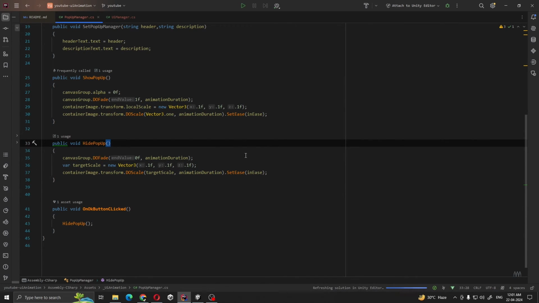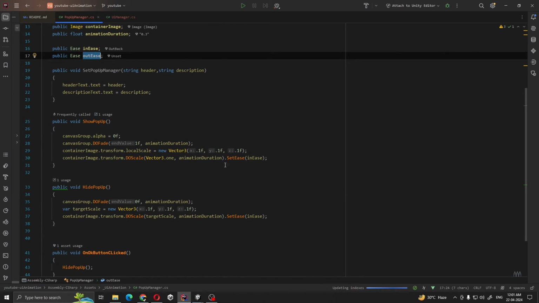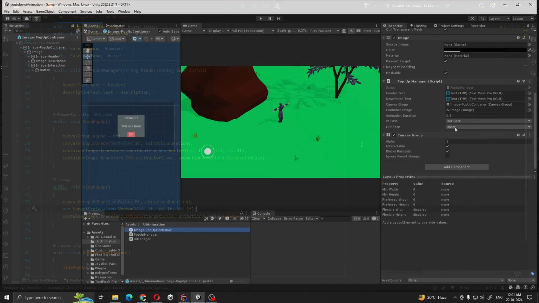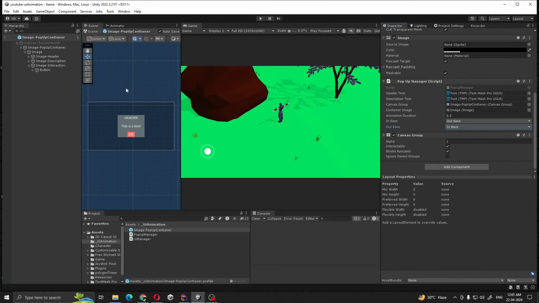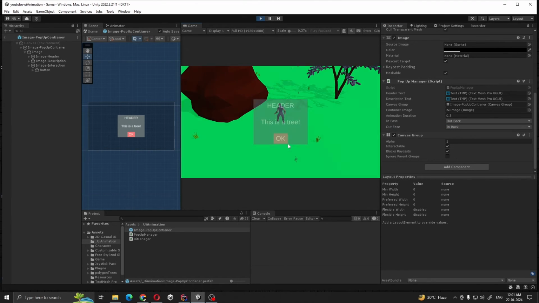Also, for inEase, I'm going to give another type of ease. On the outEase, I'm going to select InBack. Now if you play and press space and press OK,